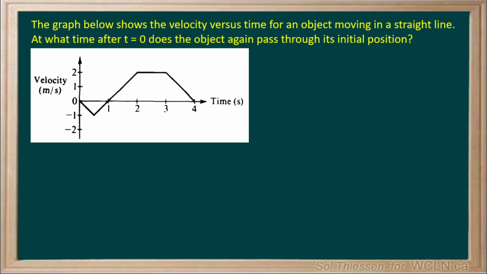The graph below shows the velocity versus time for an object moving in a straight line. At what time after t equals 0 does the object again pass through its initial position? So remember that on a velocity versus time graph, displacement is represented